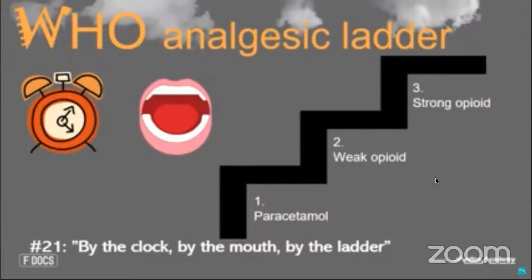And as well as these drugs at these steps of the ladder, you can always add in an adjuvant analgesic. By that I mean, if there's a particular neuropathic element of their pain, they may need a neuropathic agent such as amitriptyline or duloxetine or gabapentin added in. And I'm also just going to take you back to letter C, and you'll remember we talked about constipation and opioids, and the message again, that if you're starting a weak or a strong opioid, it will slow the bowels down. Think about co-prescribing a laxative.